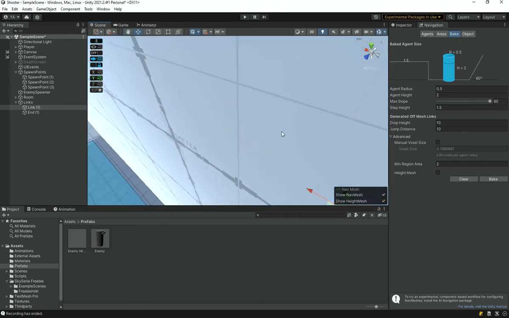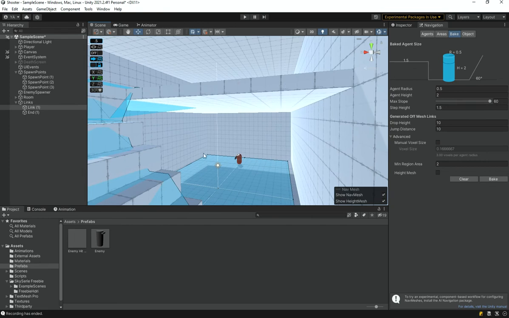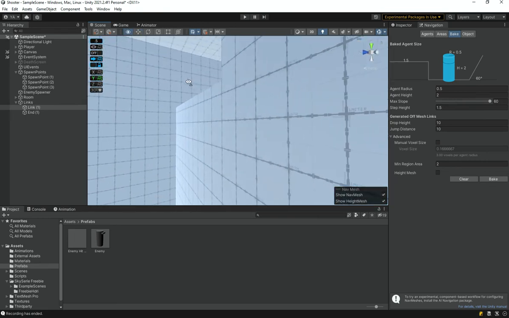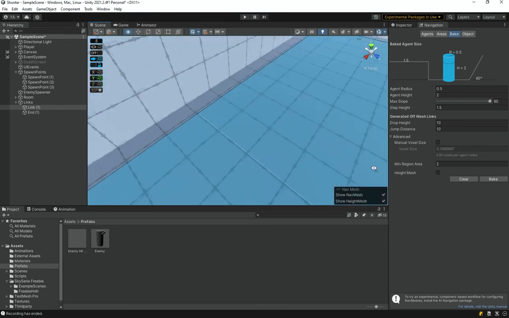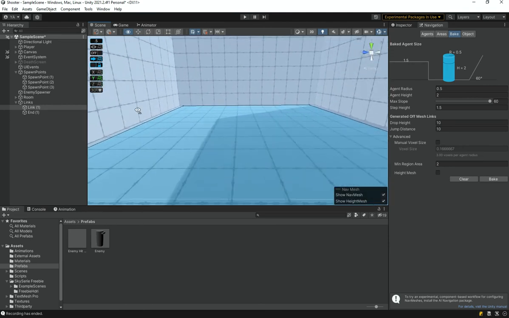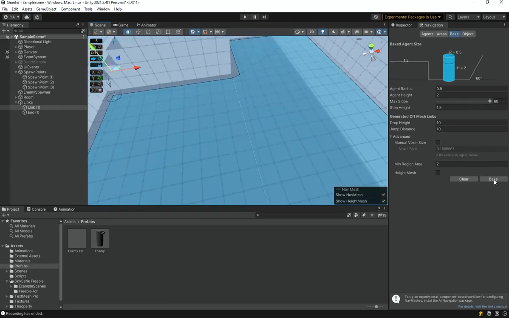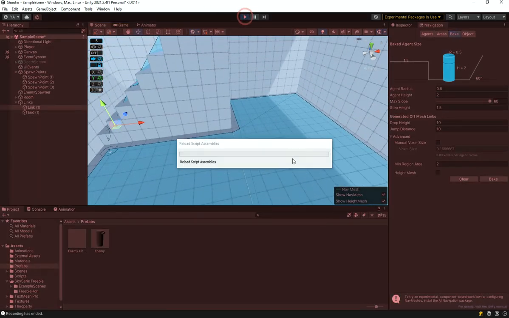If you want more vertical control, for example, you can have one here to cause the enemy to fall from this instead of climbing stairs, and one for here. I'm not going to add one for here because I want this to be kind of a safe place for the player, but you can add as many of these as you want, and you can design your own levels with this. So if I play the game,